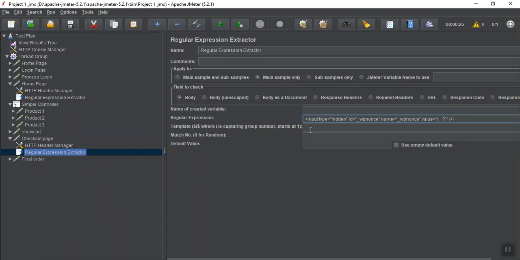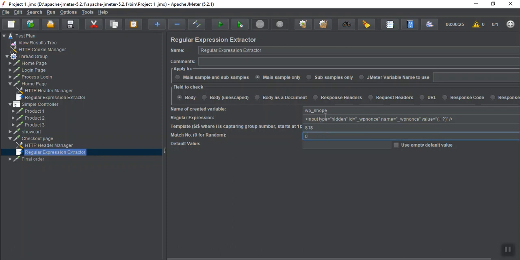Match number is 1. Let's name it as WP underscore shop. Template will be $1. Match number, let it be 0.